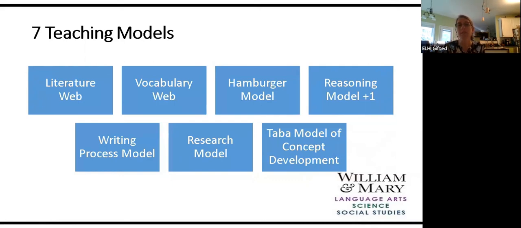The writing process model is the typical process that most people know about: the pre-writing, drafting, revising, editing, publishing, and sharing. There's not really a graphic for this. It's just the steps of the writing process. And William and Mary does put some pieces into these units where the kids are developing their writing from start to finish. So the reasoning model, and I said +1 because some of the units have a little offshoot